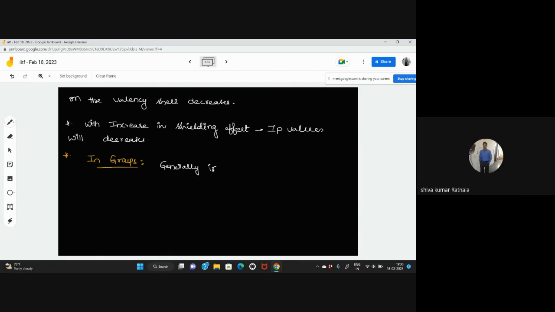Sir, general shielding effect order is s, p, d, f or f, d, p, s? Generally, the electrons which we are going to fill in d orbital or f orbital, whenever the question comes, at that time I will tell you, that's why I haven't written here. Generally, when we are filling electrons in d and f orbitals,